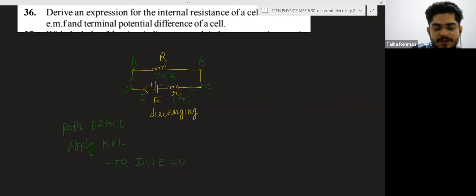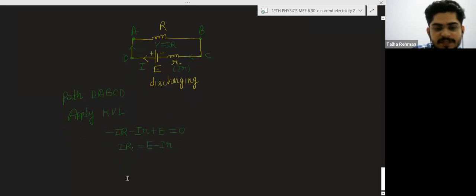Now you can write this as E minus IR is equal to IR. And what is this IR? IR is the voltage drop across the resistance, and this is the equation we will get, E minus IR. So this is the derivation of